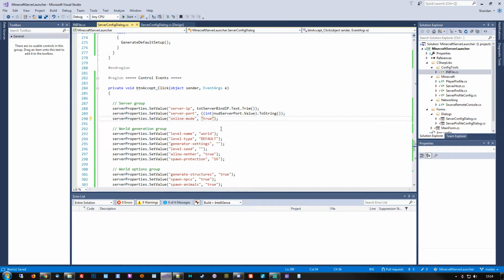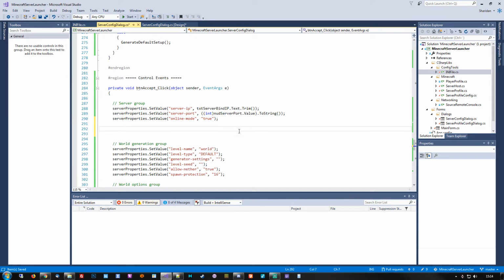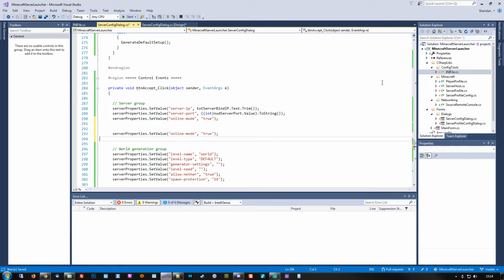Then we need something that we can pass a checkbox to and either get the text true or false. There are ways of doing this differently. I'll show you an example. It's less readable than generating a method for it, but it's one of those coding shortcuts. In this situation, we could do something along these lines, which basically goes: the online mode checked, if it has a value of true, then return true, otherwise return false. And that's basically it. So this is a quicker way of doing it. It's not particularly readable,